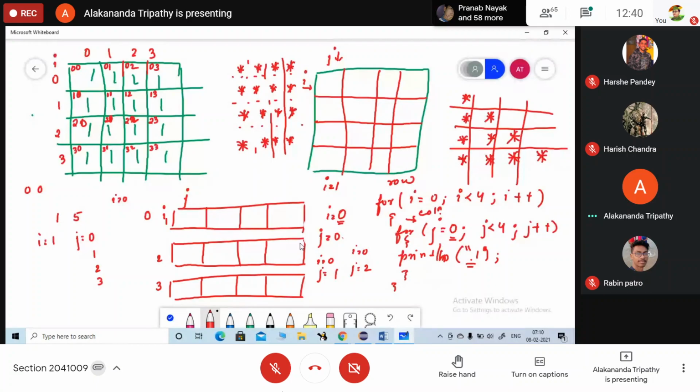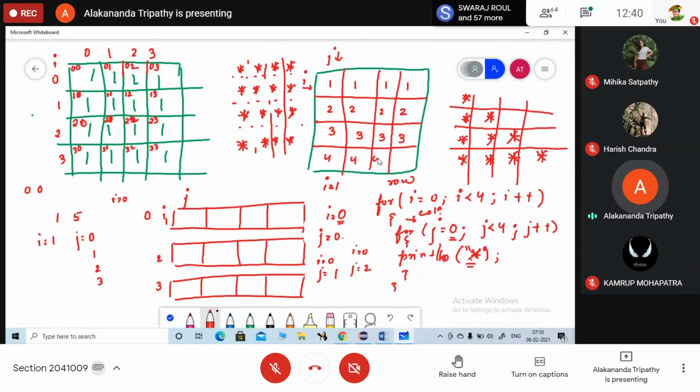Okay, can you print star? What do I need to do in order to print the stars? Instead of print 1, we will print star. What will you write instead of 1? Star. Now, if I want to print this one, 1, 1, 1, 1, 2, 2, 2, 2, 3, 3, 3, 3, here, 4, 4, 4, 4, what will you do? Instead of star, I. What will you update here instead of star, tell me?